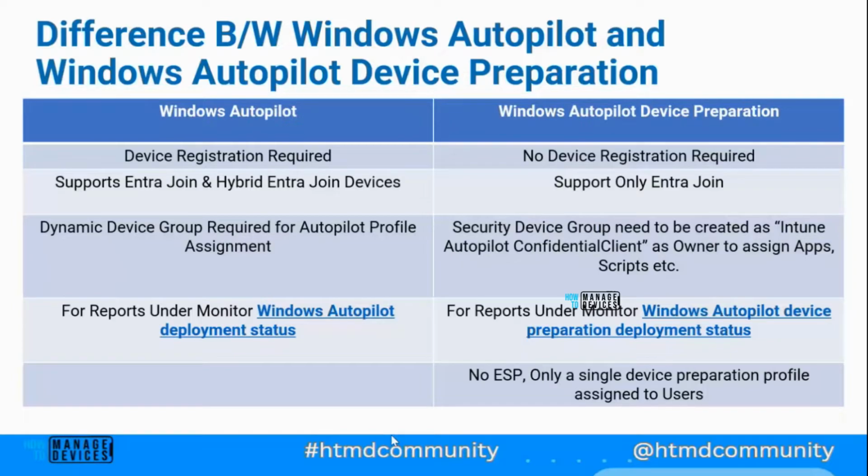But in Autopilot device preparation, no device registration is required. In our current method, it supports Entra join and hybrid Entra join devices, but in Autopilot device preparation, it will only support Entra join. And in our traditional method, we have to create a dynamic group with group tag IDs and all, and we have to assign the